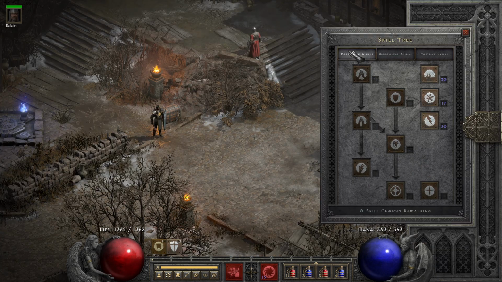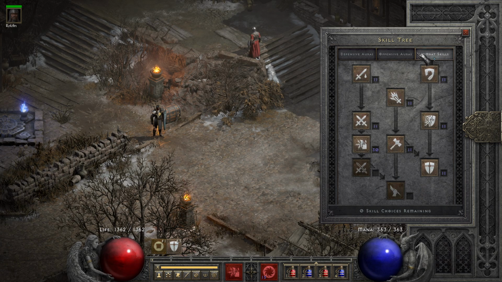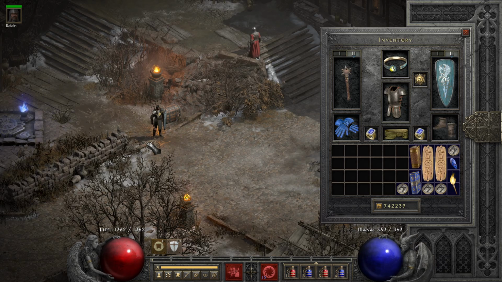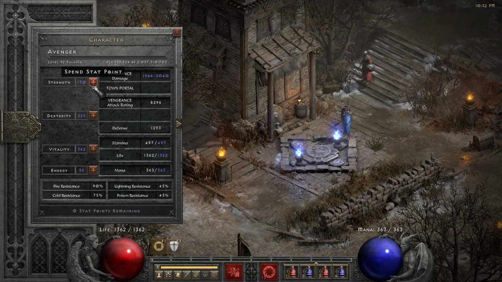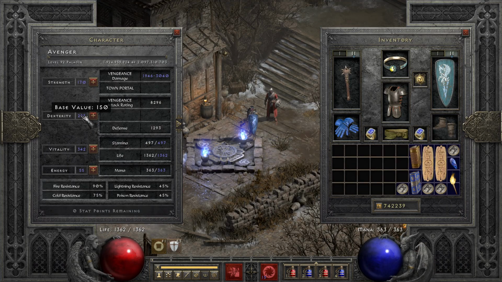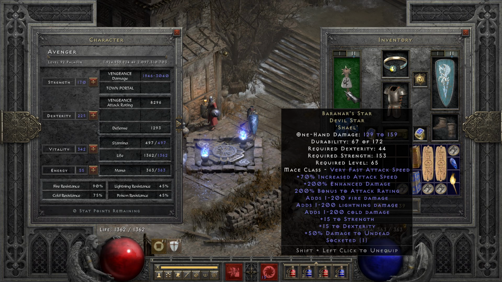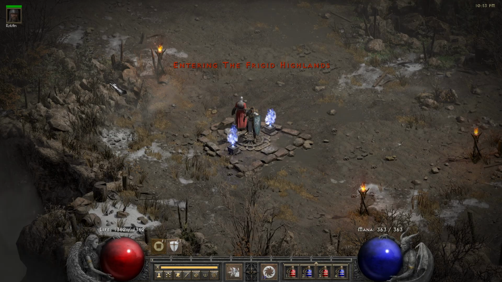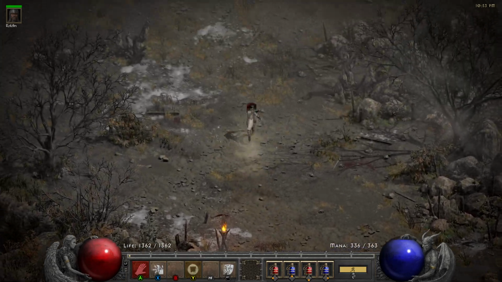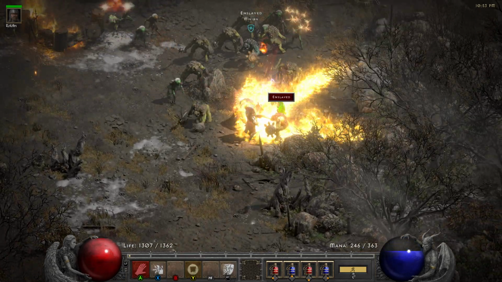So your result might vary a little bit, but I don't think it matters much, because even with a Torch, we are looking at pretty low damage. Quickly attributes enough strength, around 150 dex just to get some attack rating. Guess you don't need that, because Baroness Star actually gives you a lot of bonus attack rating, and then the rest of the vitality. So let's go out here and go to Eldritch Shank, and you can see